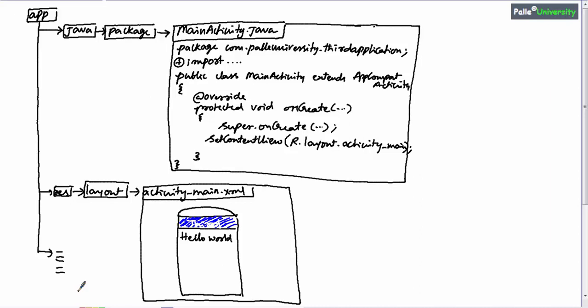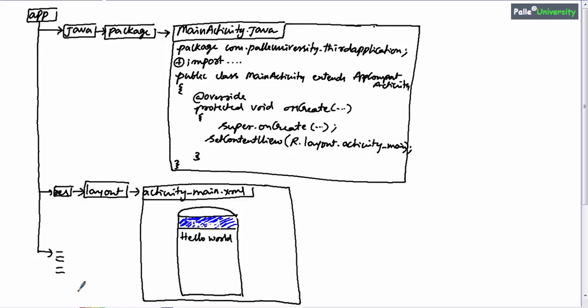Now, in this session, I am going to discuss more about this Java code. But before talking about this Java code, first try to keep in mind the folder structure sequence of your XML screen design.